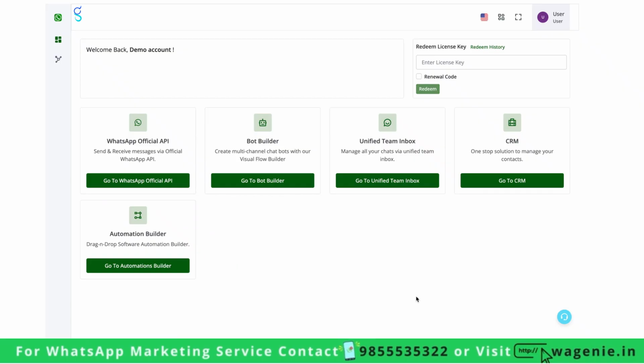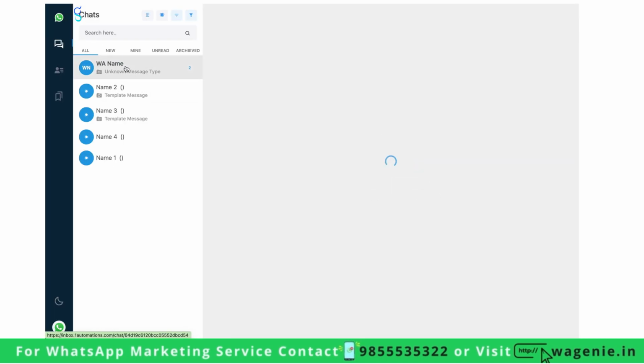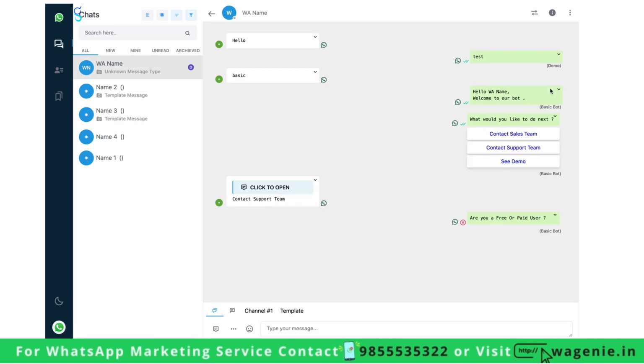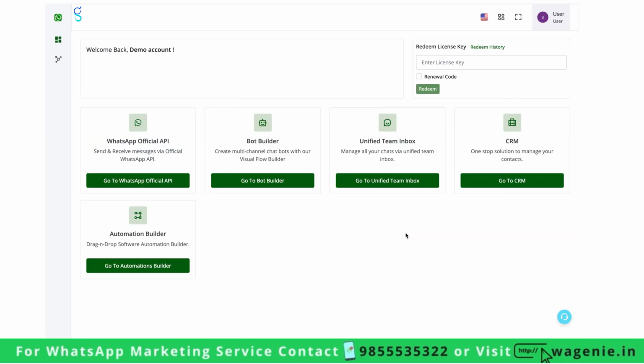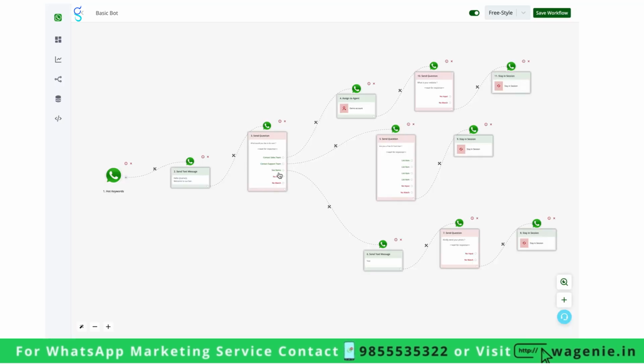Let us see how we can check the errors in the bot flow. While I was checking the messages that were being sent by the bot, as you can see here, the basic bot sent this reply to the user, and then the next message got failed. So to analyze what happened here, I need to first go to the bot builder, and in my bot flow